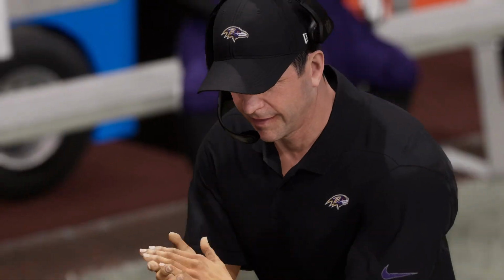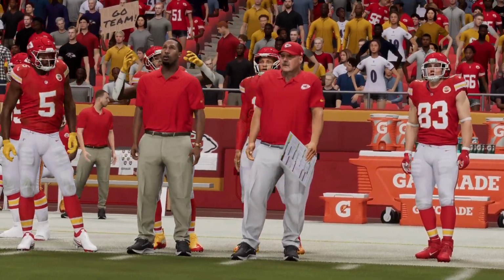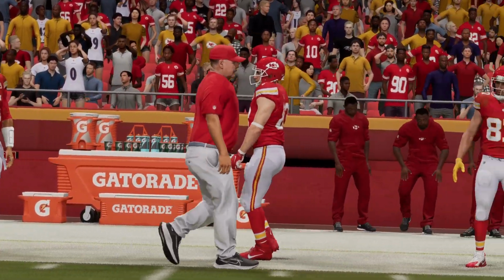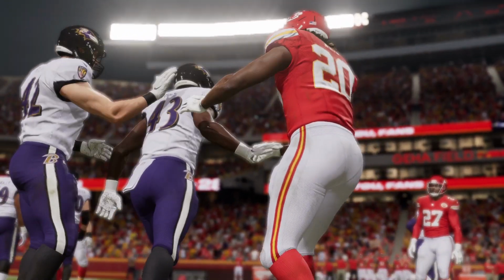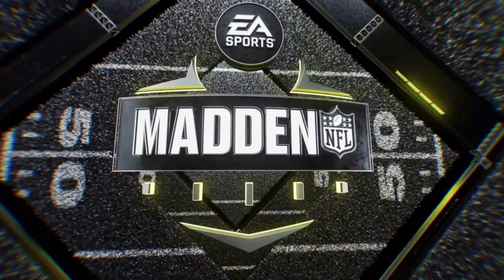So the final seconds tick away in this Baltimore victory. And this win was impressive, Charles. And look, they were honest with us this week. They had this game circled on the calendar for quite a while, coming in and taking down the reigning Super Bowl champions. And you and I both know from experience that having the title of reigning Super Bowl champs is a blessing, but a curse when the next season begins, right? Because